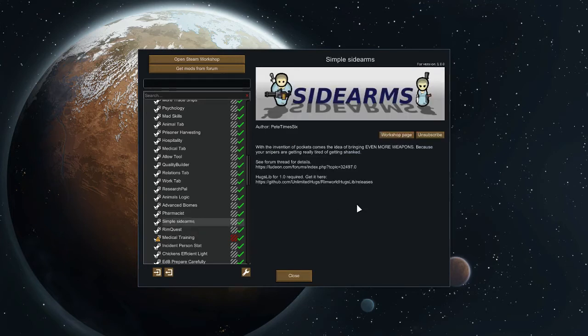Simple Sidearms lets you carry multiple weapons, where you carry one primary weapon and then multiple sidearms. The obvious use is a ranged weapon and a melee weapon, and that's kind of what I use it for. It's just nice to be able to equip them with both, and then what happens is when they engage in melee, they drop their main weapon and they pull out their knife or whatever to fight that way. It makes them more